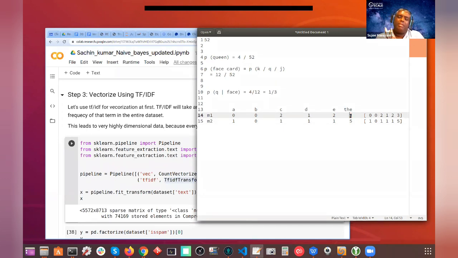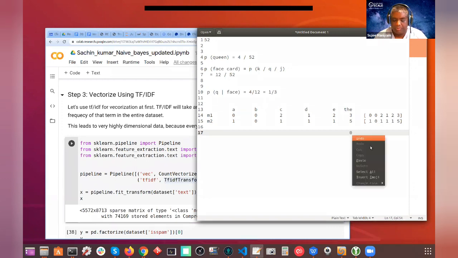Remember the scaling we did in the last lab? When you did scaling like age and salary, it doesn't matter what the range was, they all got squished down to one particular range. So what TF-IDF does, I don't want to use the word penalize, it's a strong word, but it basically shrinks these vectors. So instead of 3, TF-IDF will use floating point numbers, and it'll become something like 0.001,